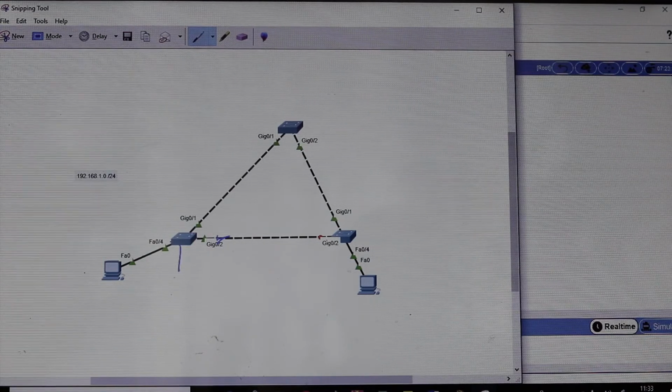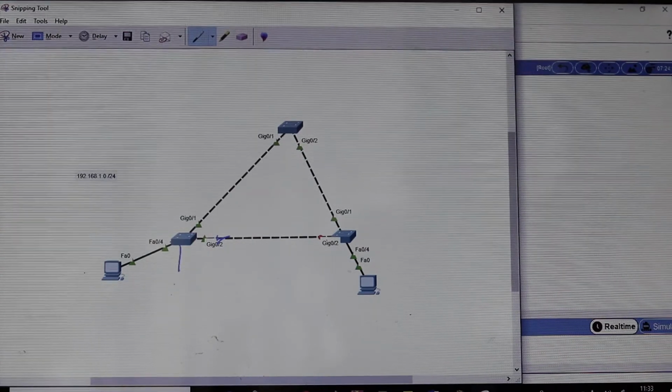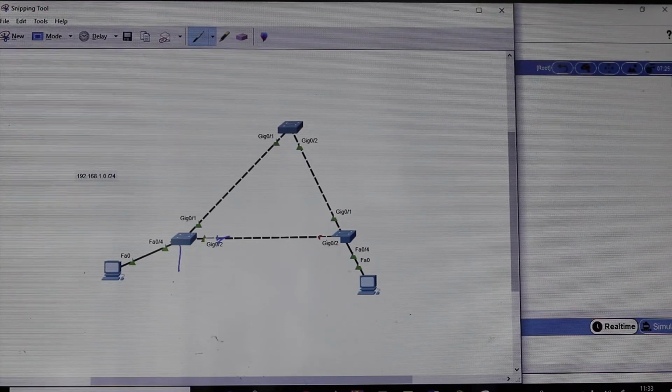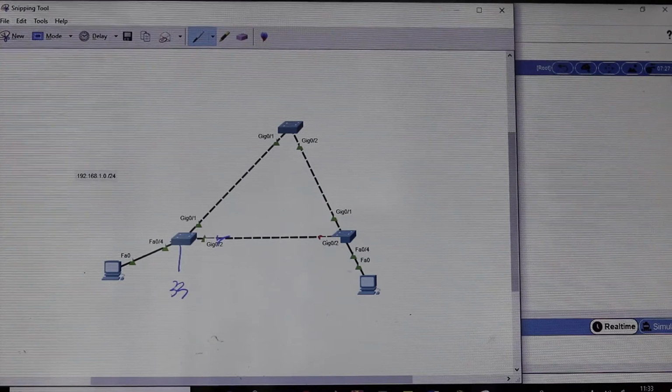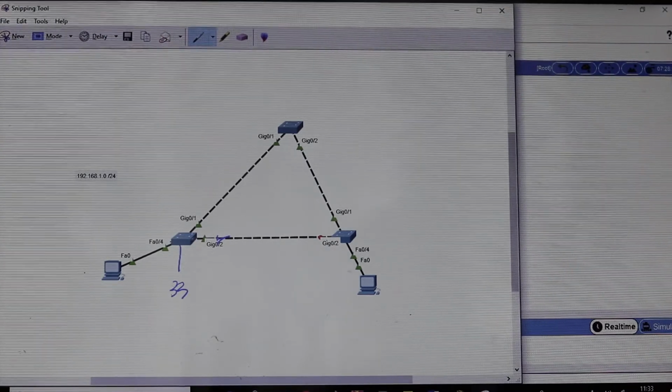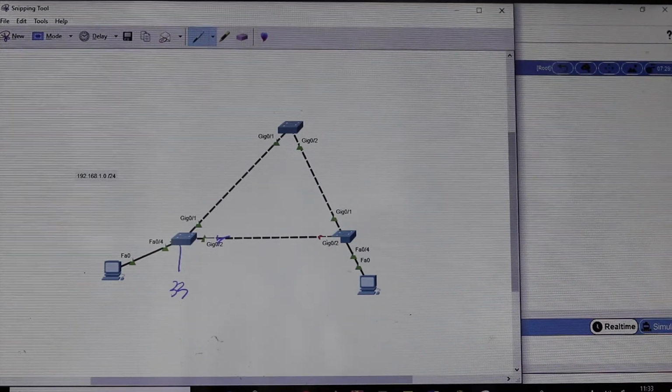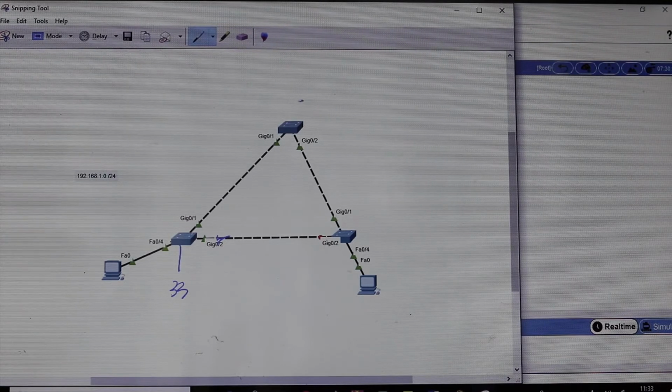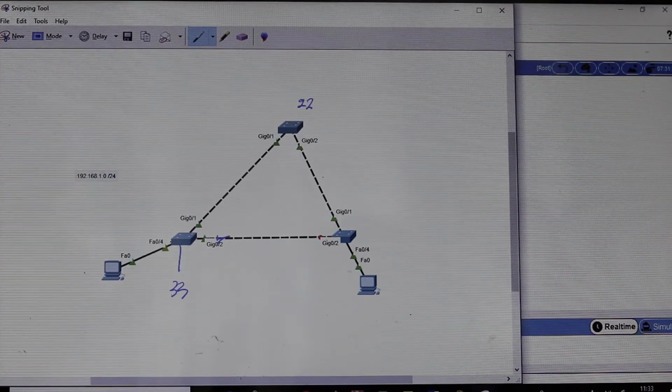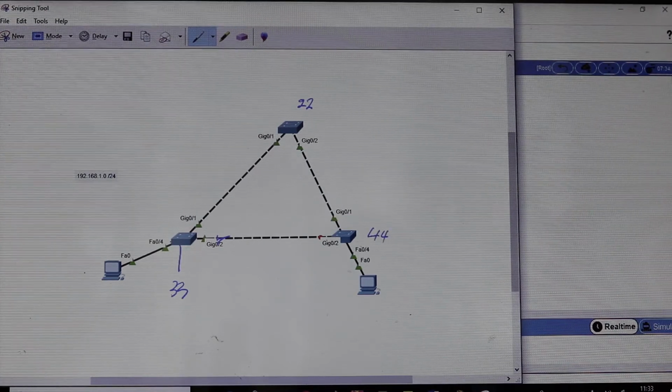Let's assume this switch has a MAC address of 33. For simplicity, we know MAC addresses are in hexadecimal. Yes, so it's a bit complex. So let me just make it simple. The MAC address on this switch is 22, and the MAC address on this switch is 44.